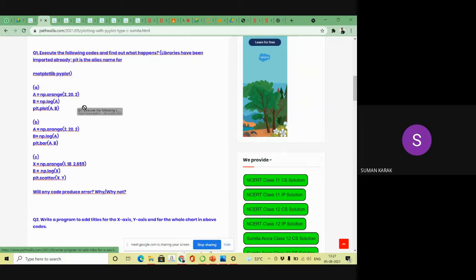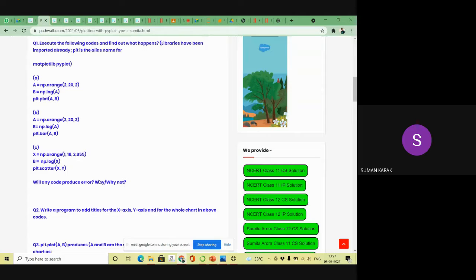Can you tell me any errors in this code? I think number A is right. Number B is also right. Now coming to the next part, this is a scatter plot. So no errors are there in this code.